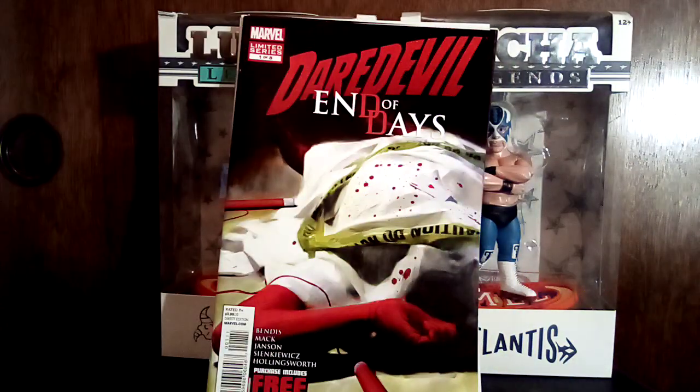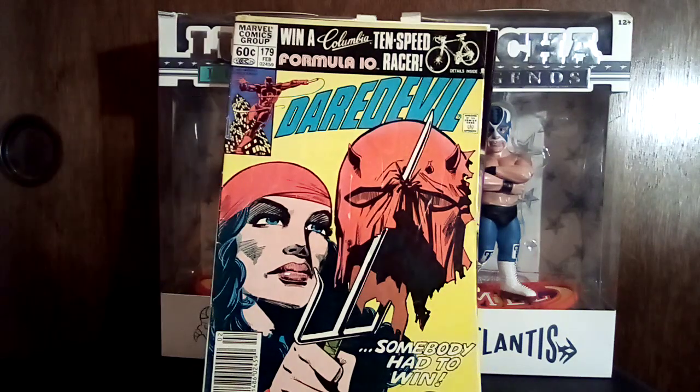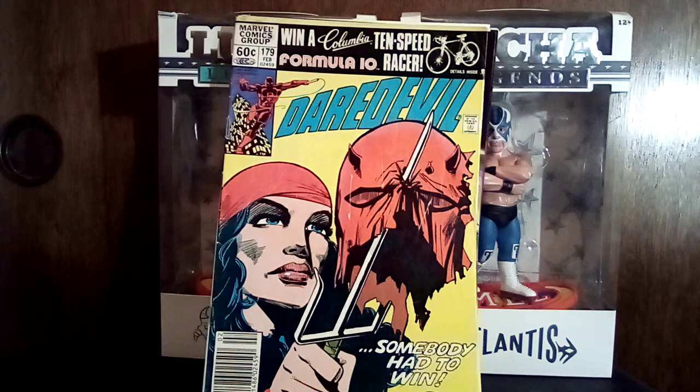So I mean, I have this in collected form, but I like having these low grade copies of the floppy books. So that was hell cool. So shout out to Lee's Comics. They actually have a store in Mountain View where